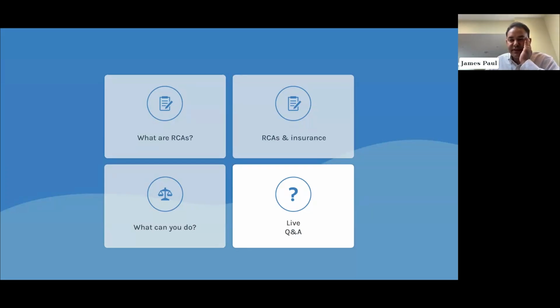Insurers love to do index linking because it's a great way of cranking up the declared value and therefore cranking up the premium. And what I would say is index linking is the most inferior form of making sure you're right on the money. Above that, you've got desktop RCAs. I wouldn't recommend desktop RCAs, but they exist and they are a thing and they are better than index linking.